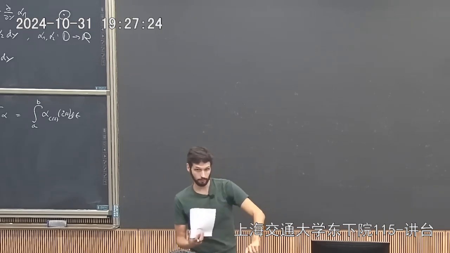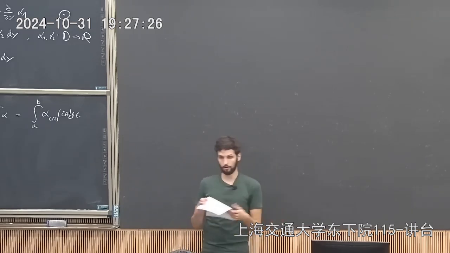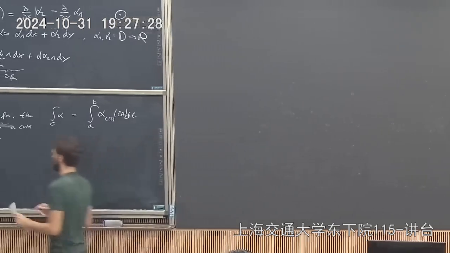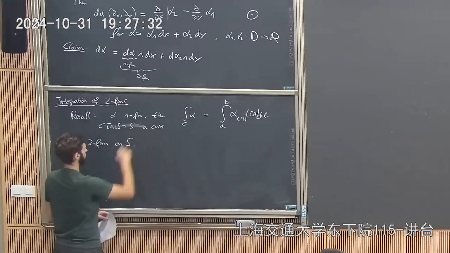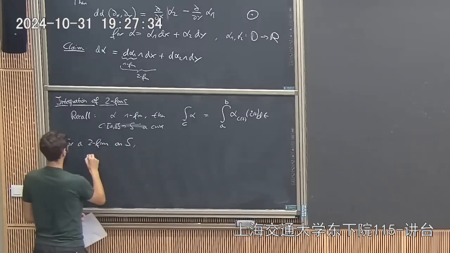So that's the idea, essentially to reduce it to a two-dimensional object. So what we need is a two-dimensional version of a curve,